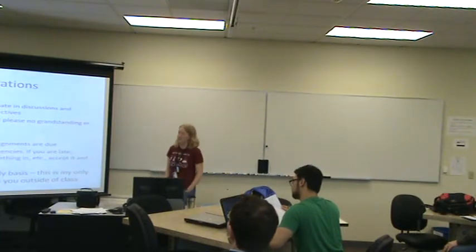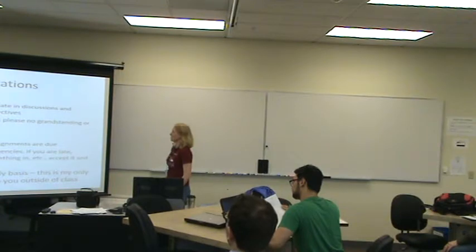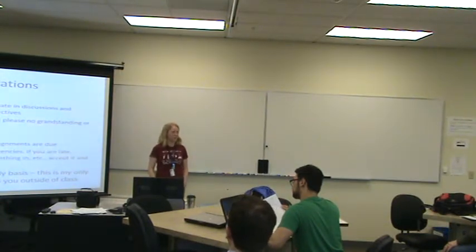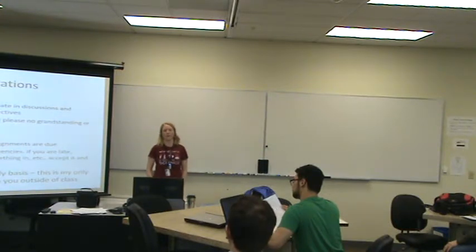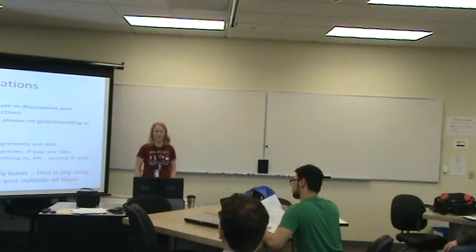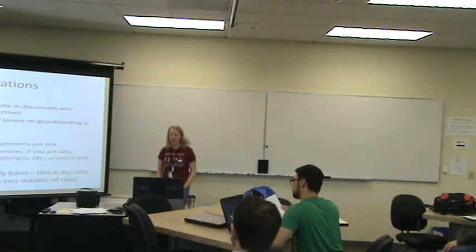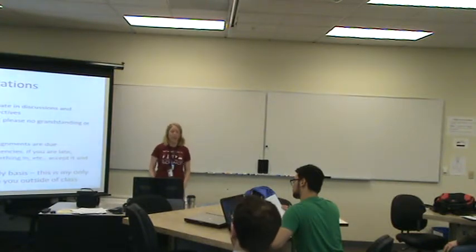Accept responsibility. So it's your job to know when things are due, and save your excuses for real emergencies. So if you don't get stuff done, just accept it and move on. That's life. People do have real emergencies, so don't be surprised if your non-emergency doesn't garner much sympathy from me. Check your OIT email on a daily basis. This is my only way to contact you if I have an emergency, if I need to cancel class for some reason, so do that.